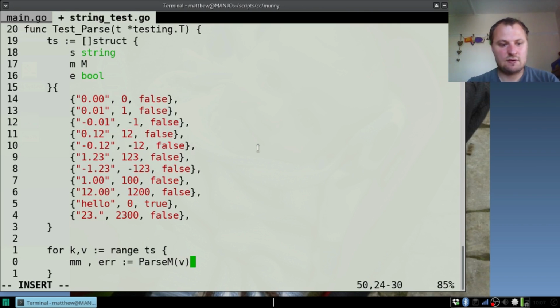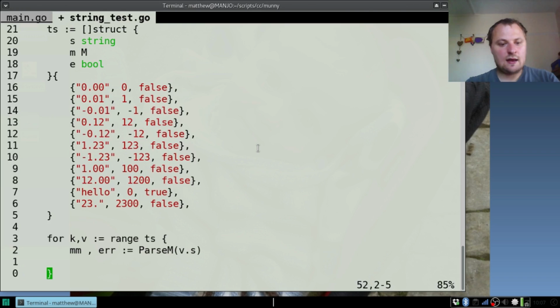V. Okay, no, not v. V dot s. And then if that does not equal v dot m, we have a problem. Our expected results don't match. So now we want to print